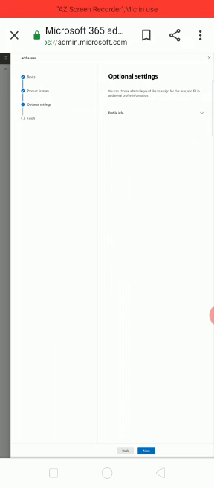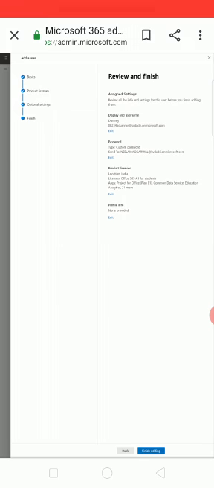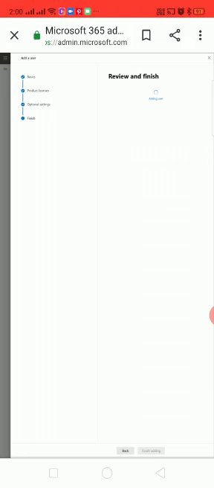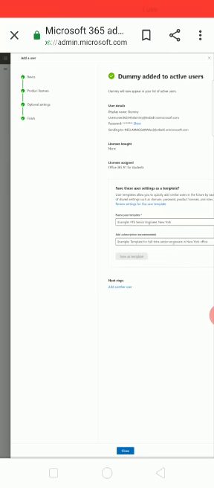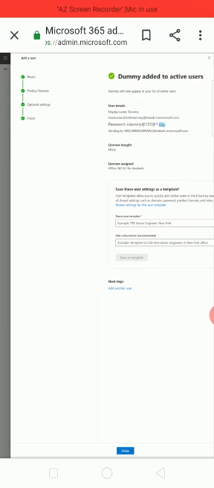If you want to change the role, it's not needed, you just press the next button. Now here the complete student account is created. You will click on the finish editing button. So here you get the details of your student. If you want to see the password, you can press the show button just after the password option. So this is the way we can create a new user in MS Teams.